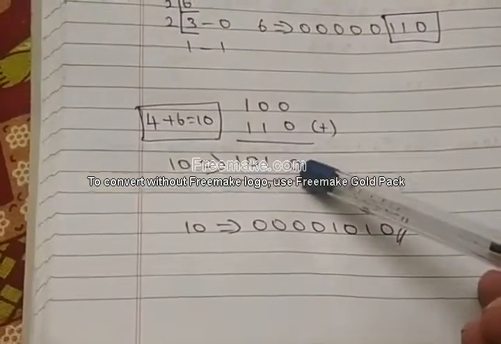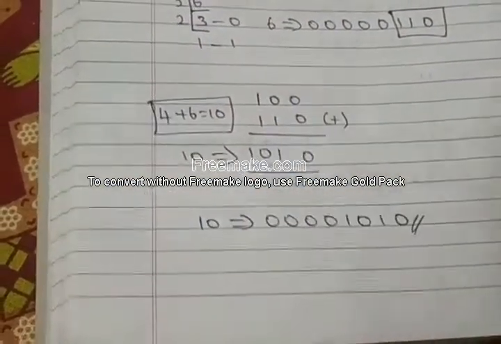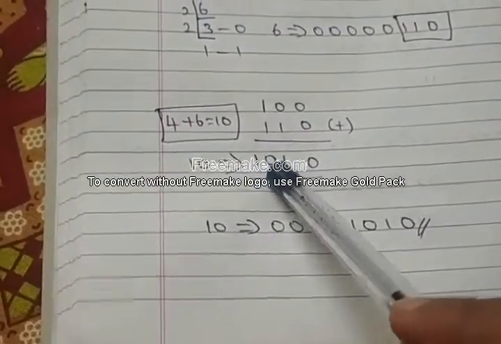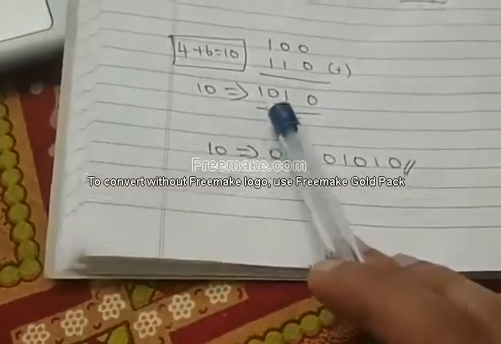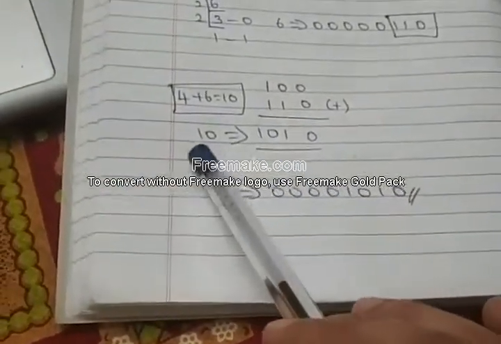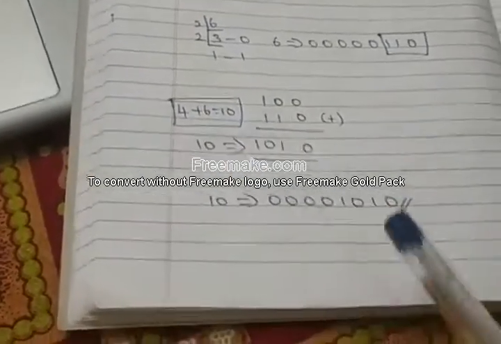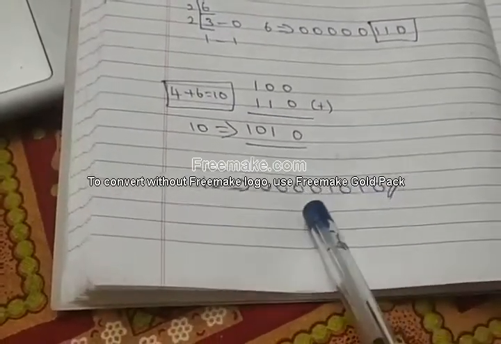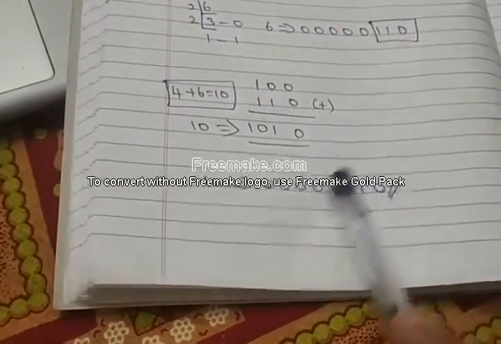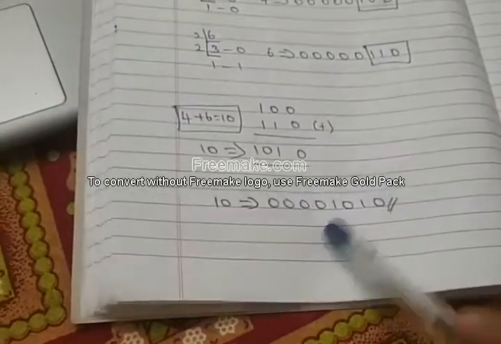0 plus 0 is 0. 0 plus 1 is 1. 1 plus 1 is 1 0. Should not say ten. It is 1 0. Everything is binary here. 1 0. So the answer is 1 0 1 0. That is the answer for 10. Addition of these two, 10. So for 10, first you write 1 0 1 0 and then add zeros as many as you want. So 4 digits here, 4 more zeros to be added. So the answer for 10 is 0 0 0 0 1 0 1 0, and the answer is correct.